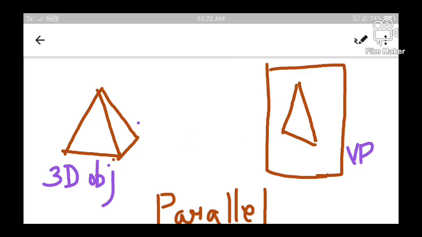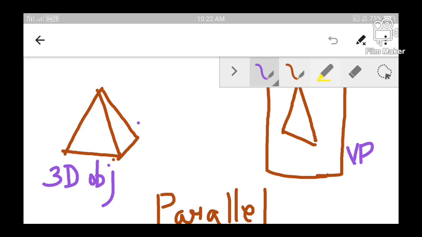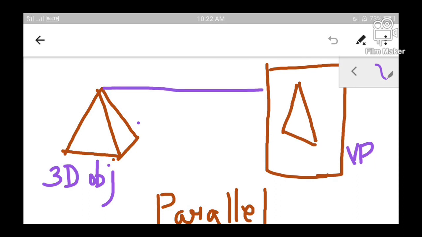As I told you earlier, while mapping a 3D object onto a two-dimensional view plane, every point on the 3D object needs to be mapped on the view plane. While mapping individual points onto the view plane, we observe that each point from the 3D object traverses from the real world and is mapped on a 2D view plane.